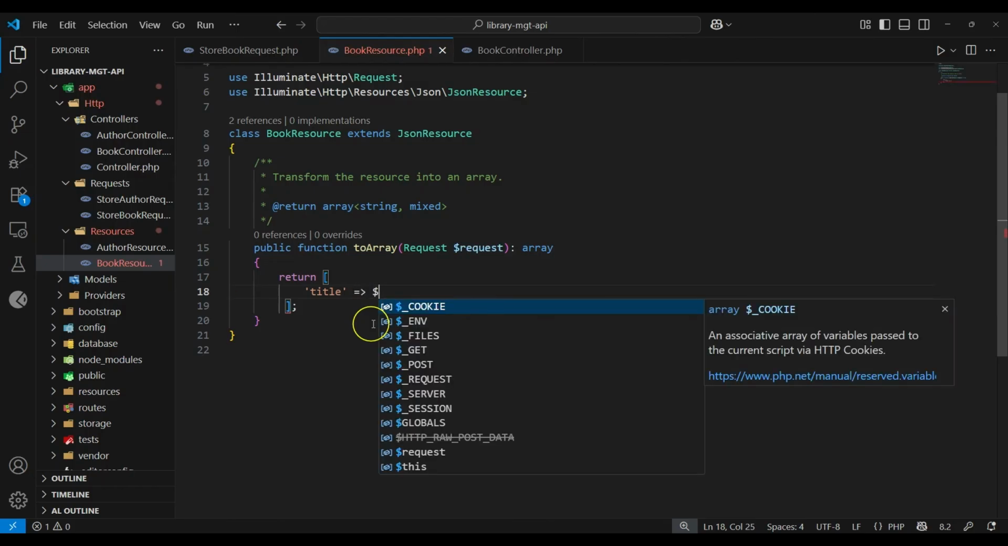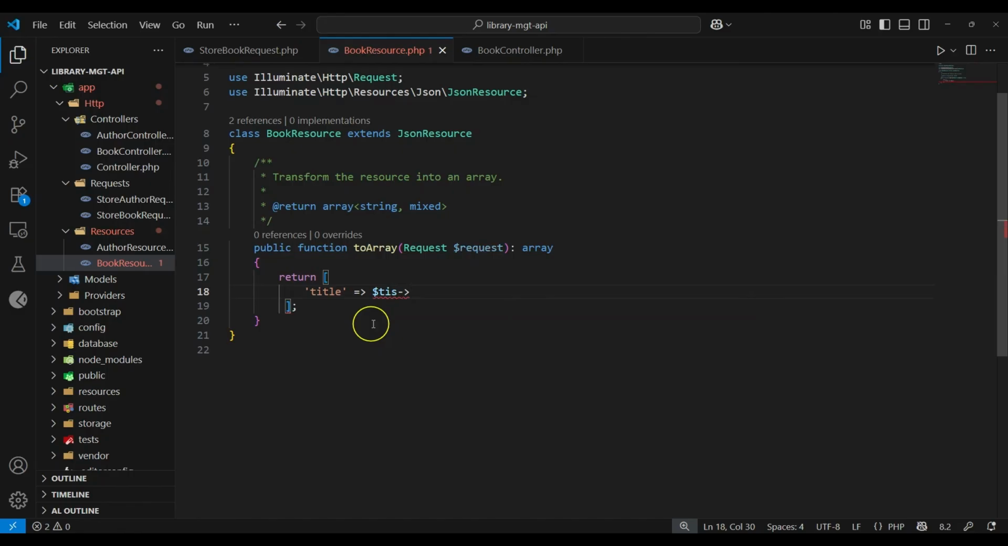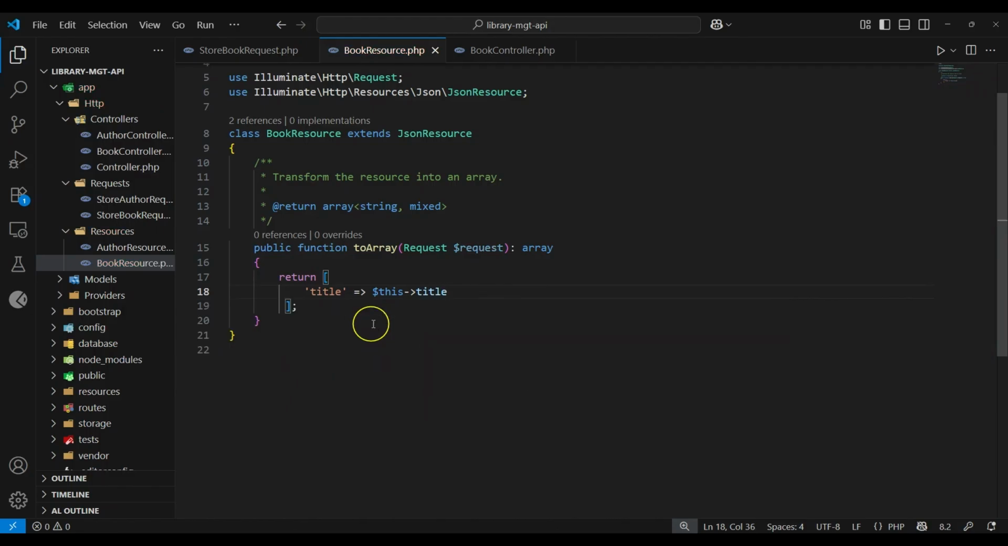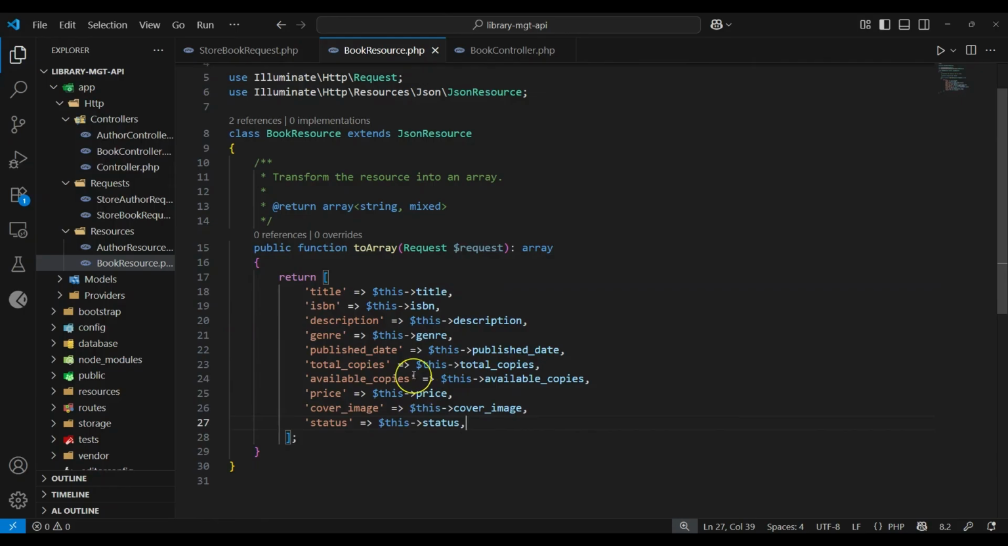So what we'll do, we'll use this, then the title. It means that we are going to use all the fields that we are supposed to have, so I'll just paste the fields. Okay, so ISBN, description, published date, total copies, available copies, price, cover page, which is our cover image,